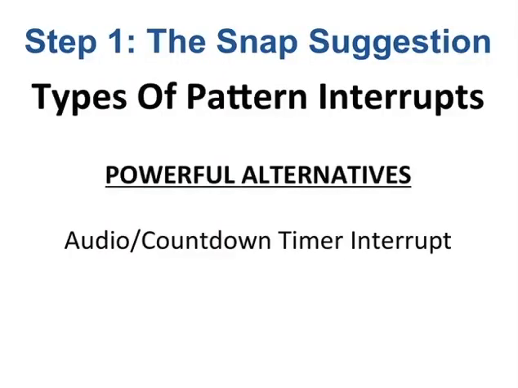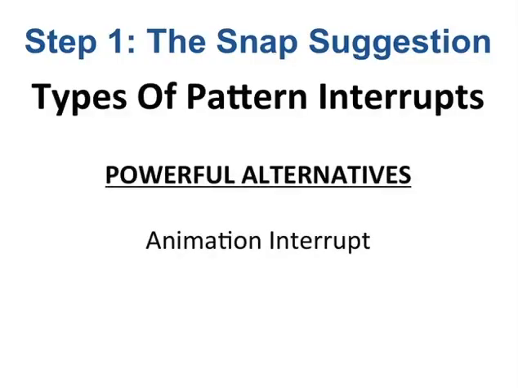It's called the audio countdown timer interrupt. This can be done with voice, with a headline that says your video will begin X. And here's an example of what this looks like with just the countdown and a beep. It's that simple, and that really breaks the pattern, that beep and just hearing the old style film footage and the film cranking and all that stuff. It's really kind of cool. And then you could kick right into, hi, I'm John, or hi, I'm Ted, or hi, I'm Mary, or whatever. So this is another way to grab people's attention.